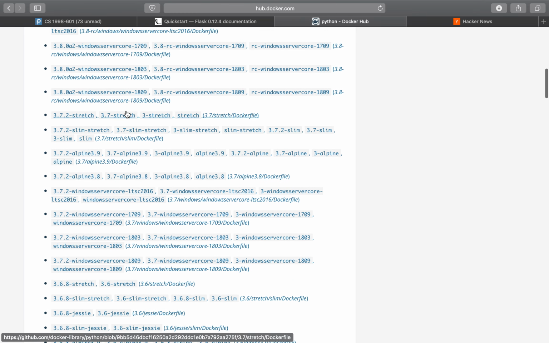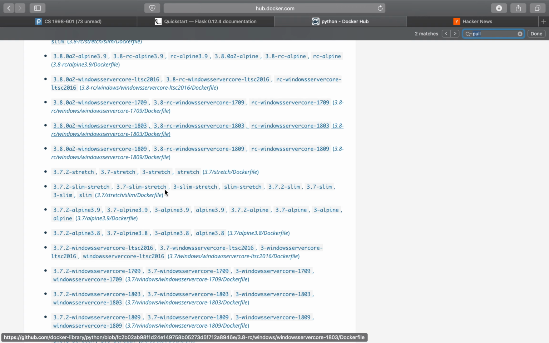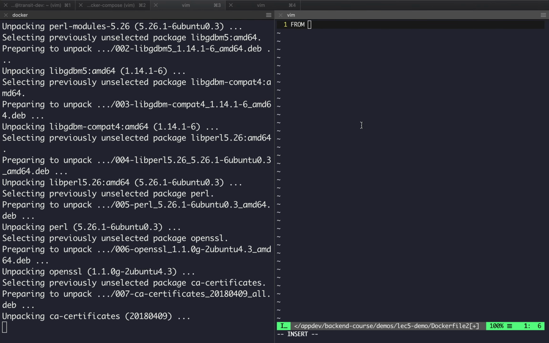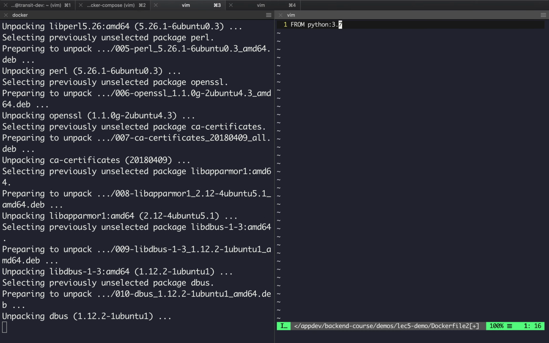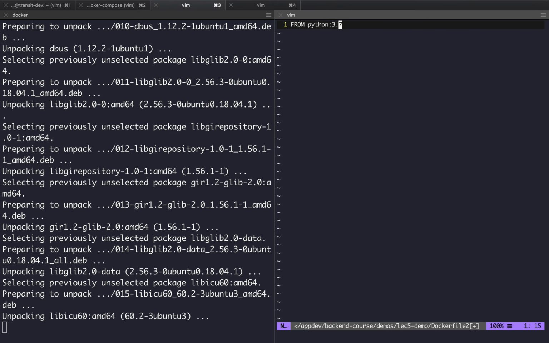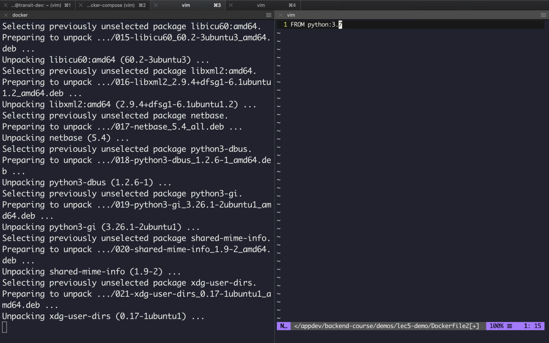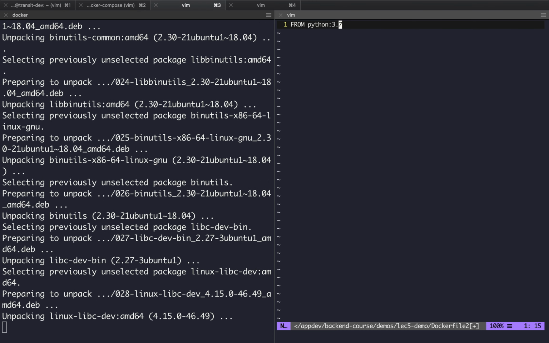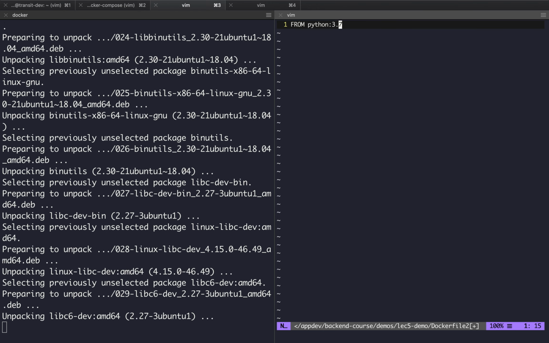3.7 should be somewhere here. Well, all these are 3.7, but yeah, so I could have just done that instead. Like I could have just done FROM python:3.7, and then this would have actually worked and been a lot faster as well. And this is what you guys should do. In general, you want to use the pre-built images as much as possible, because if you install everything yourself, it can take 5 minutes and then it might not complete.